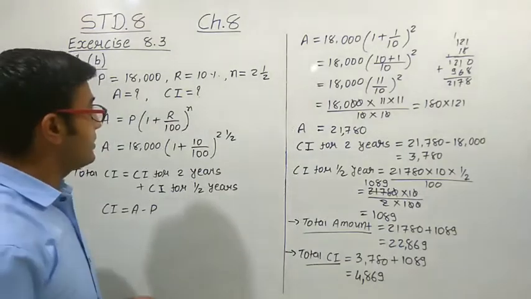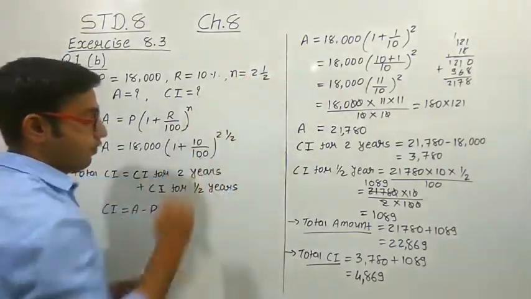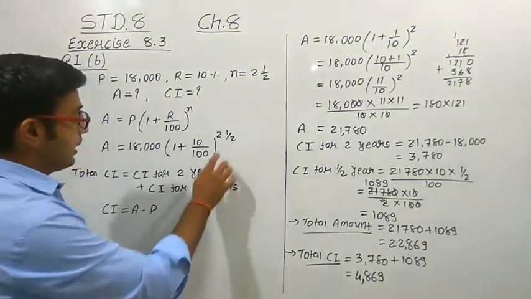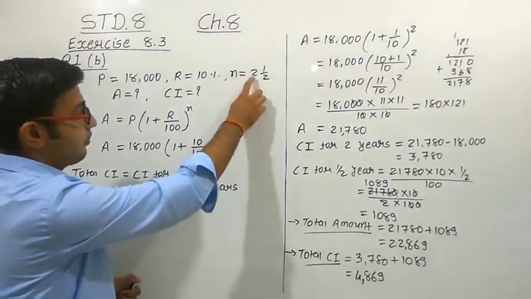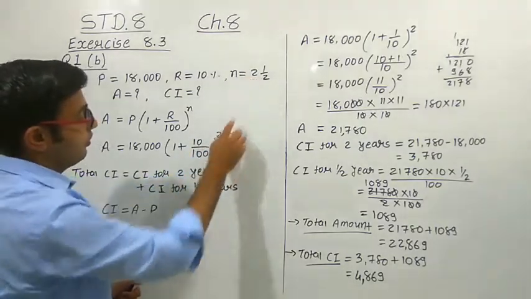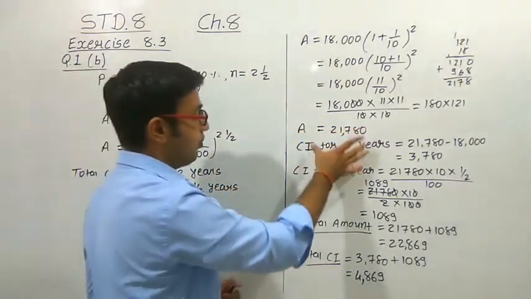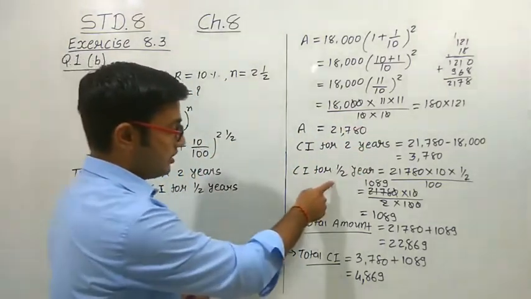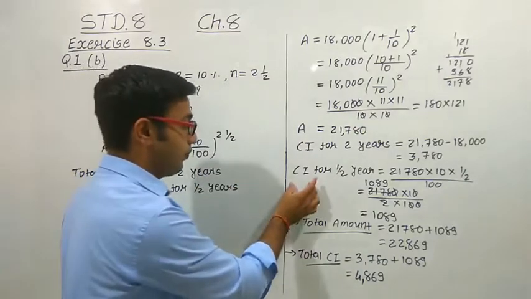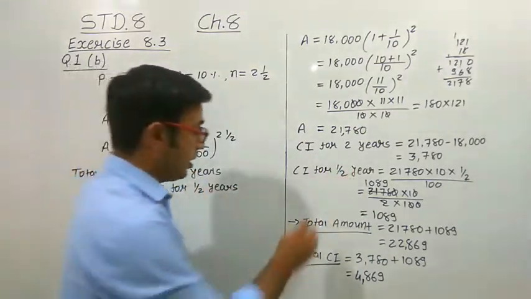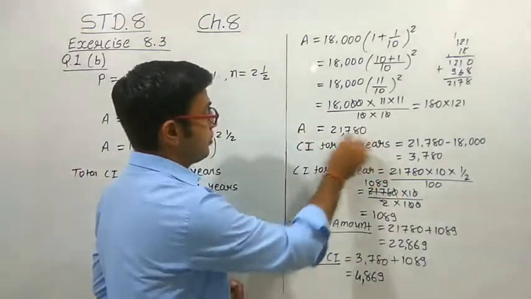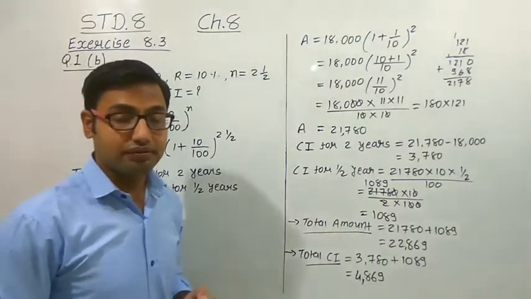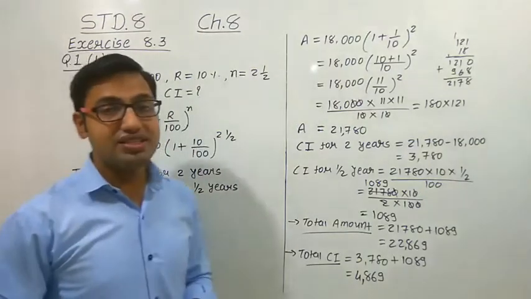Right? So whenever there is a year in this type of number, that is the rational number or fraction number, then we have to calculate for the whole number part first. For that number we have to calculate the amount in CI, and then for whatever year remains, in this case half year, for that also we have to find out the CI. But at this time we have to take the principal amount as whatever amount we are getting after 2 years. This thing you have to keep in mind. Okay? So this is all about this lecture.